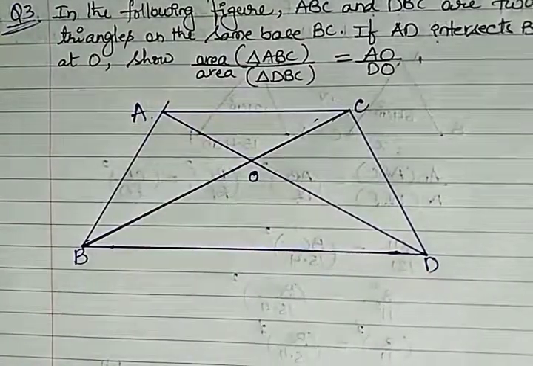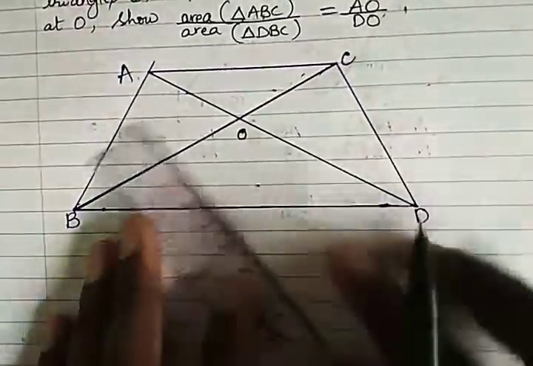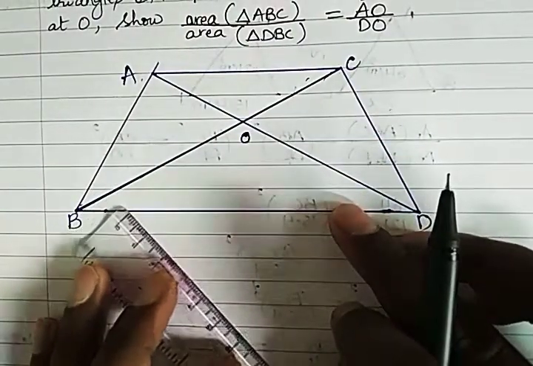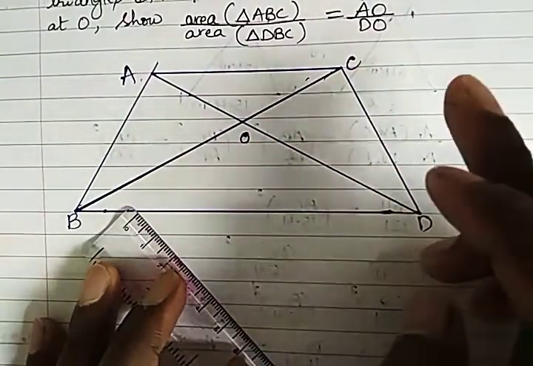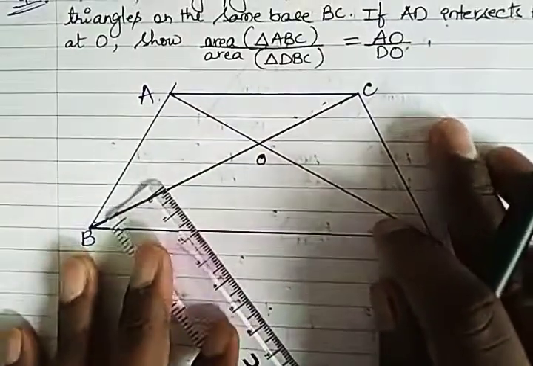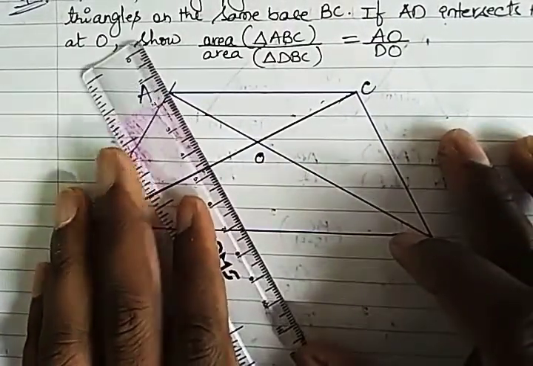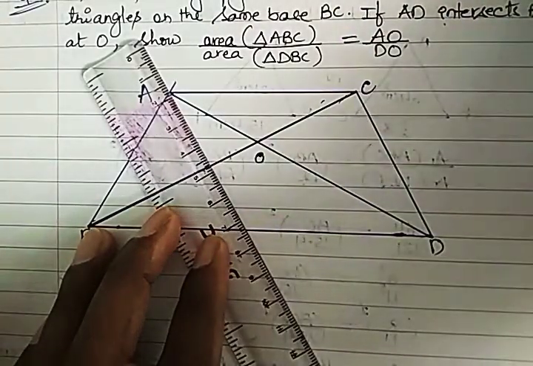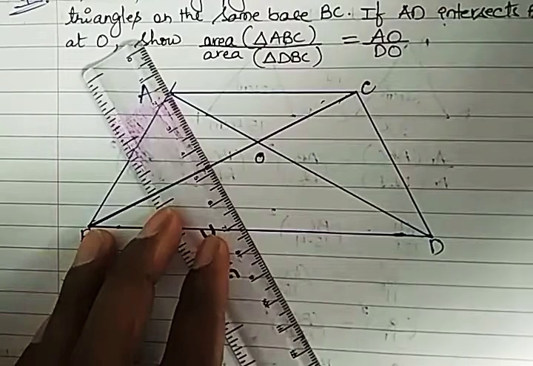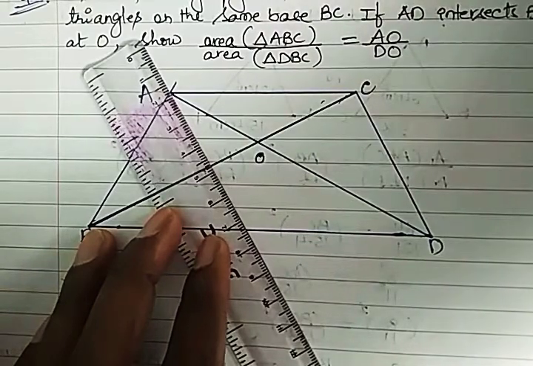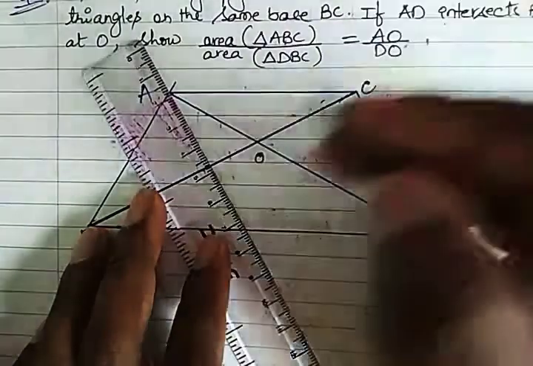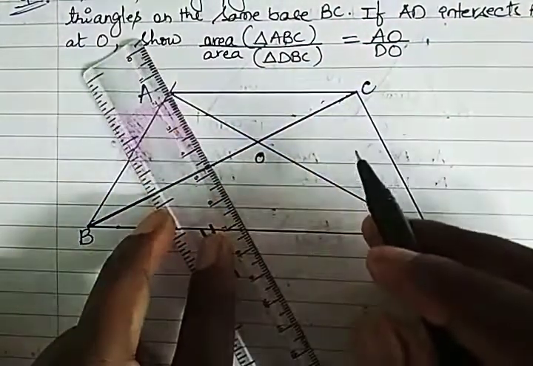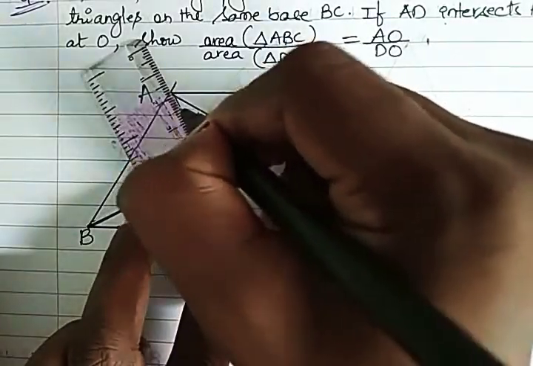So to prove this, we are going to take some construction, because it's not given that it is a trapezium. Okay, and there is no other similarity, no such thing is mentioned. So we need to create some similarity here. So for that, we are going to draw perpendiculars. We'll draw two perpendiculars on the base BC. From the vertex point A, we'll draw a perpendicular over BC.